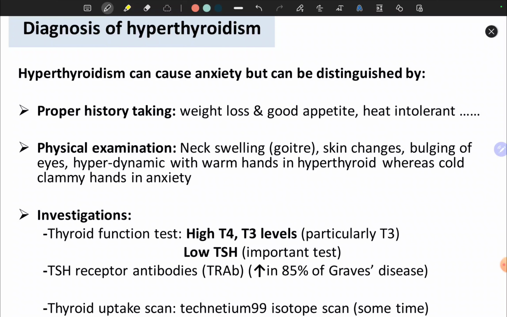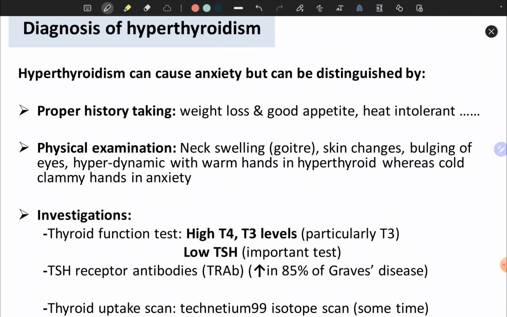If there is no uptake, means what? Thyroiditis. In cases of thyroiditis, there will be diffuse, low uptake, reduced uptake of the isotope. In cases of Graves' disease,